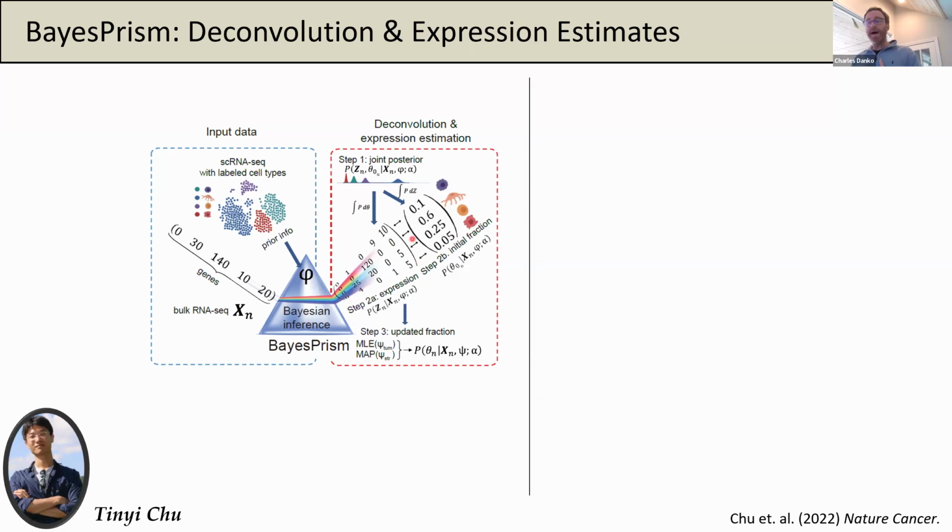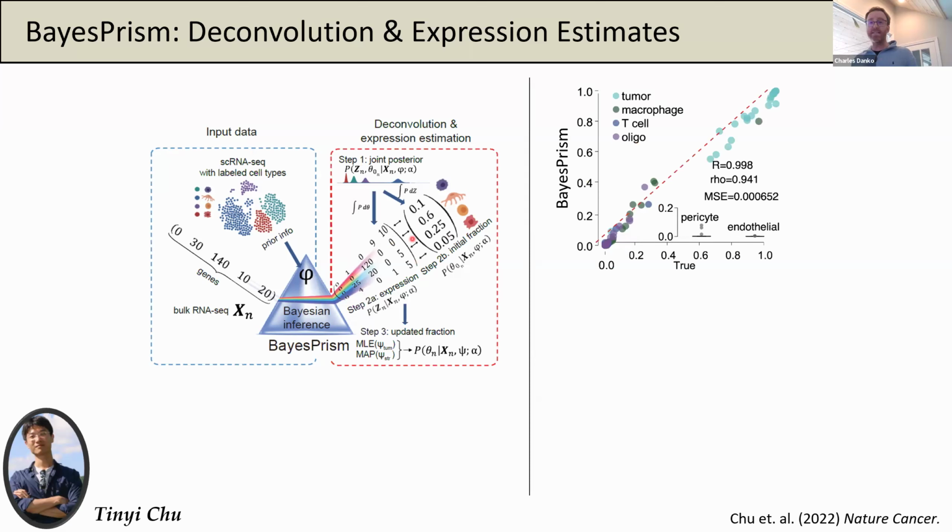And what I found most compelling was a glioblastoma data set with two independent single cell data sets of the same tumor type that were collected by different labs. And so what Tigny could do is he would know the ground truth of how many cells of each cell type were present in the one data set. And he could use the other data set to accommodate batch effects as best as possible to deconvolve a pseudo-bulked